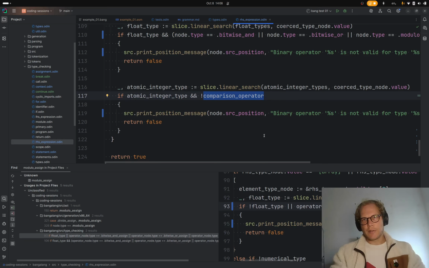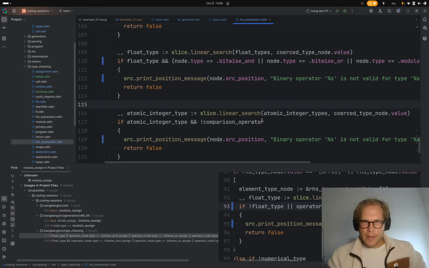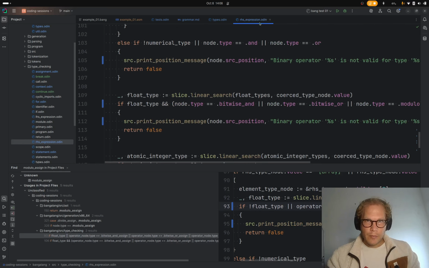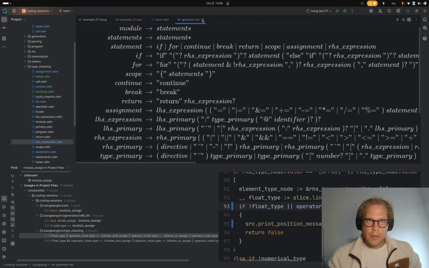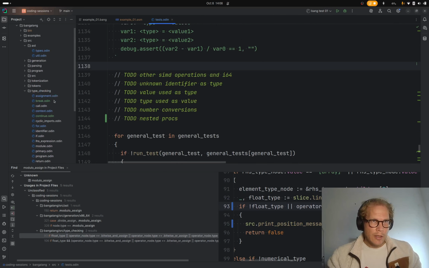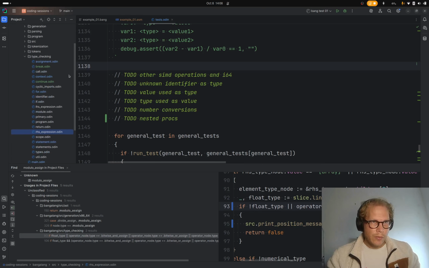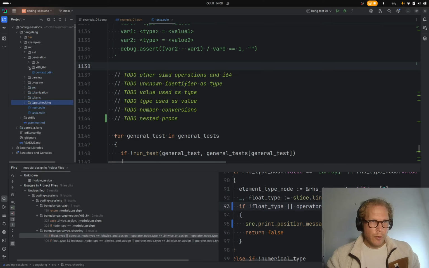And this only allows comparison operators for the atomics. Okay. I think that covers it. So it should be only non-atomic integers, just basic integers, that we can do these operations with. I think we've restricted that now. So we can move on to generation,